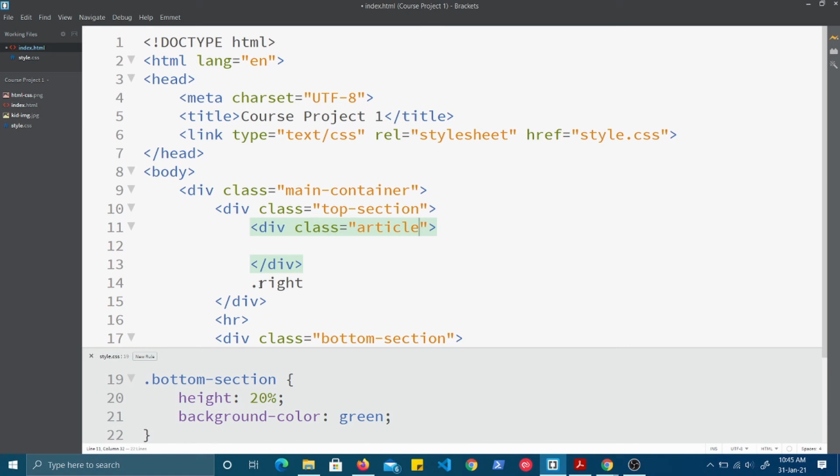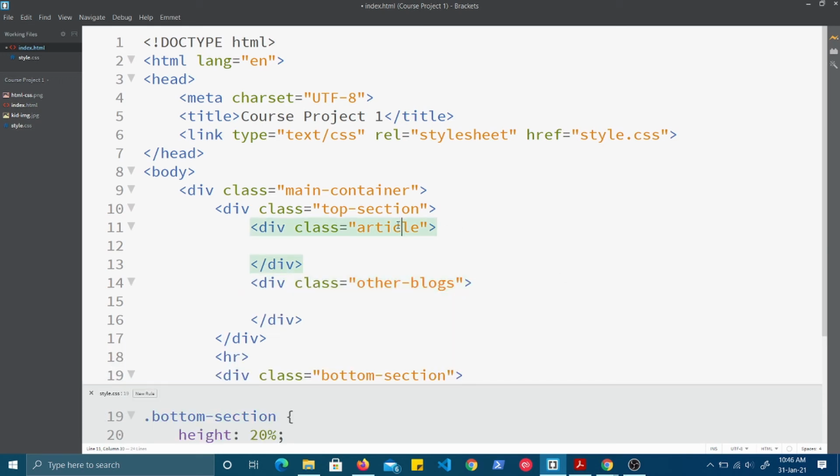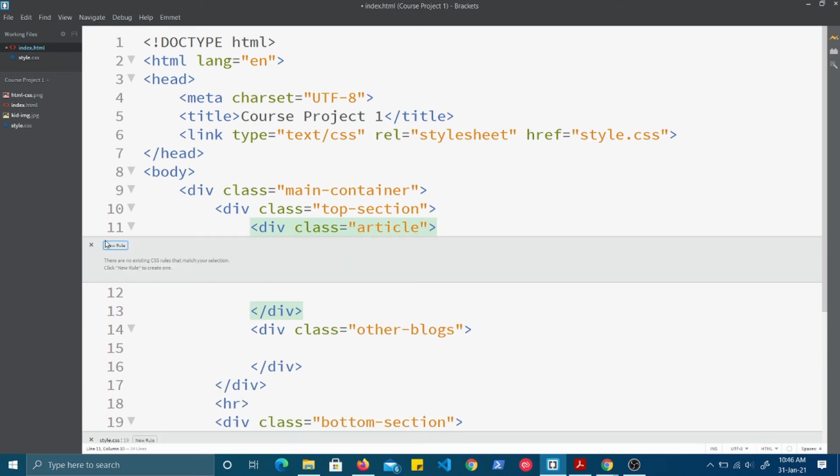So that can be an article, and you can say this has other blogs. So this is the natural name. That means here the actual contents you are putting now. So this is the article division, and here this is where you will show the other blogs for this particular user. And now let us apply the style to this element.